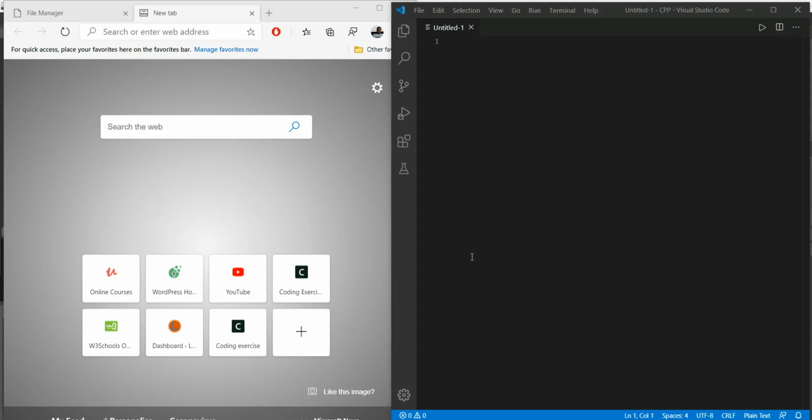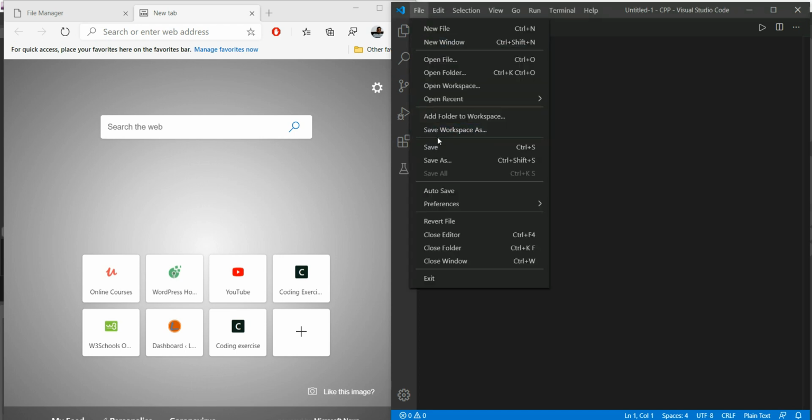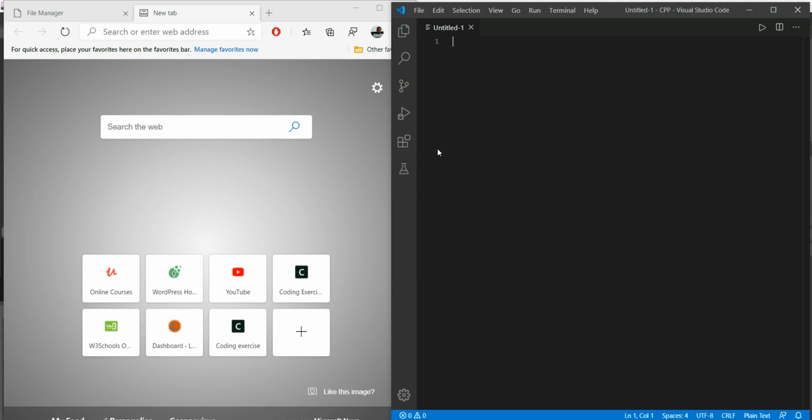So here in this video we will learn the background, how to use background in HTML or CSS. Basically we can say that the CSS background property is used to give the background effect to the elements of the HTML. So I will create this new file the same way, and I will save the file here.